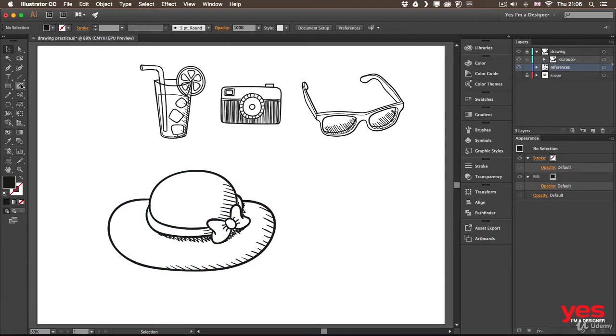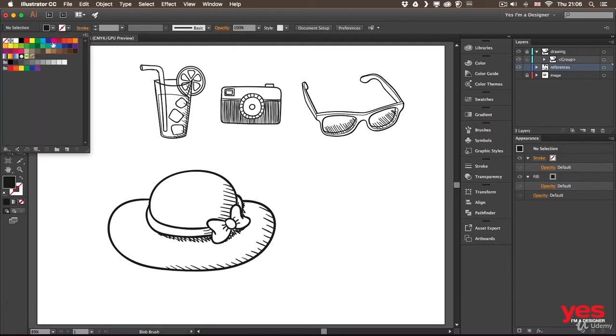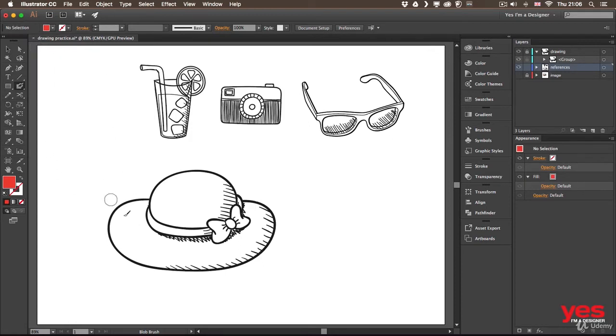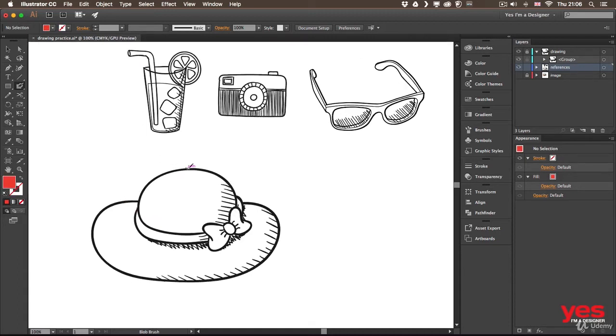Then I'm going to select the blob brush and pick a color. I'm going to use maybe orange color for this, or red, and that's going to be the main fill color for this shape. But before I draw, I will also do something else. As you can see, currently it's actually painting on top of the hat, but what I want to do is